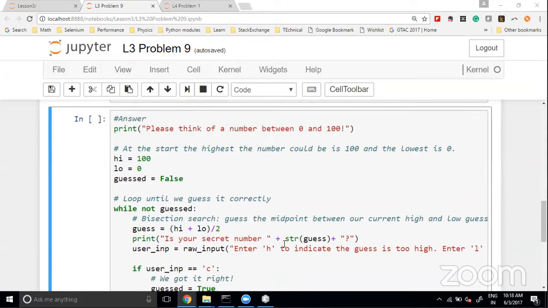I really can't. Okay. So the first step is to print, please think of a number between 0 and 100. That is just a print, not a raw input. Then you start with two numbers, high and low, the maximal and minimal values, with high initialized to 100. And you start with a variable, typically called a flag, which indicates whether you have guessed correctly or not. So guessed is equal to false, and you say while not guessed,